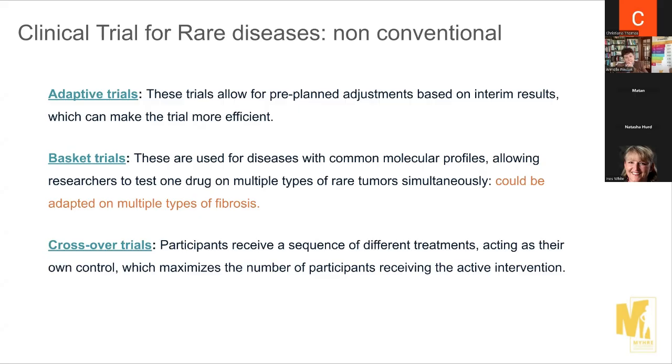So that's also a way to deal with the fact that you have a limited number of patients. With this kind of trial, you don't need to punish, I would say, a part of the patients by having them on the placebo. Then you can give the treatment to all the patients and not have half of the patients on placebo. So that's huge for us.